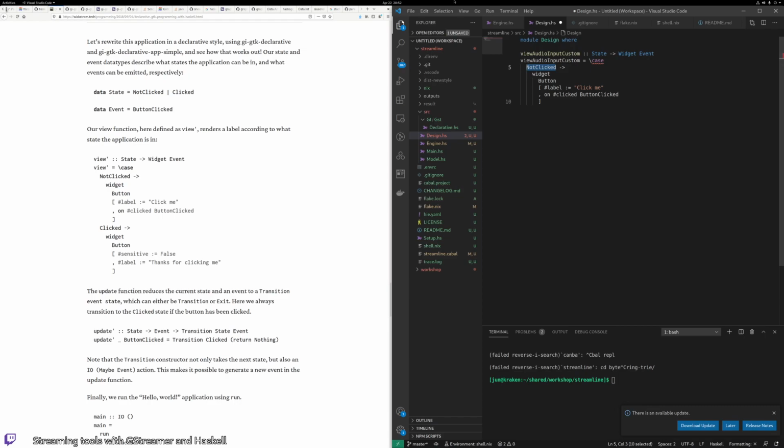So here state is just not click or click. So let's say the data state for audio input would be either muted or active. That's one thing, right? And then if it's active,